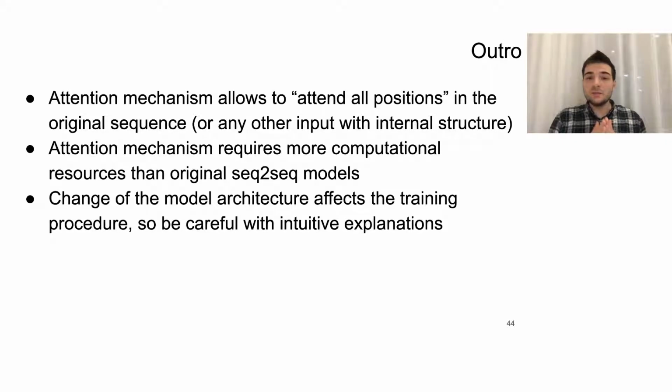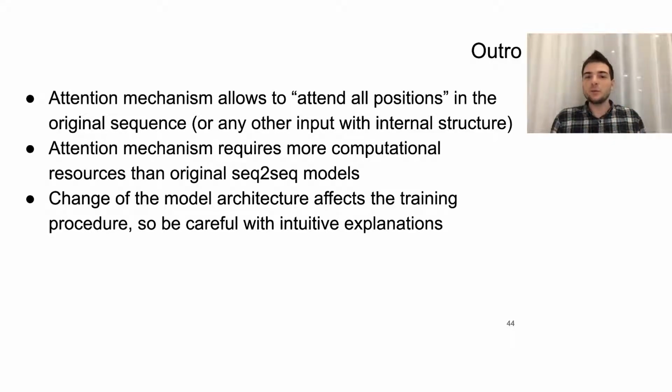So, the attention mechanism is general, and it allows us to attend to all positions in the original sequence, or in the sequence itself if we're speaking about self-attention. The main idea about attention is that now we're able to explicitly compute a measure of importance of every element for every element. That's it. If we have two elements, now we can actually compute how this element is important for this element and vice versa, and it can be directed. That's important. And that's why attention is useful in all the areas.